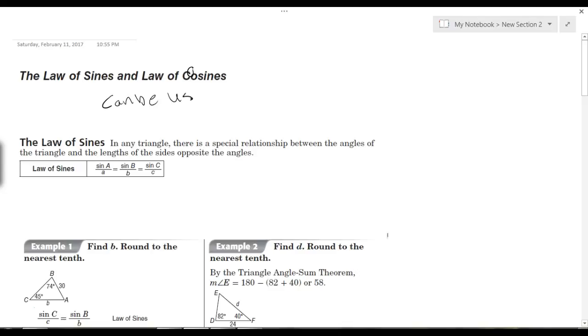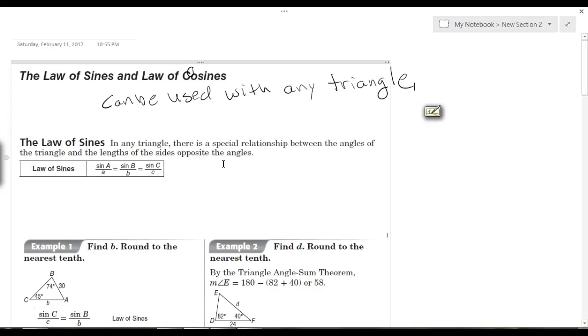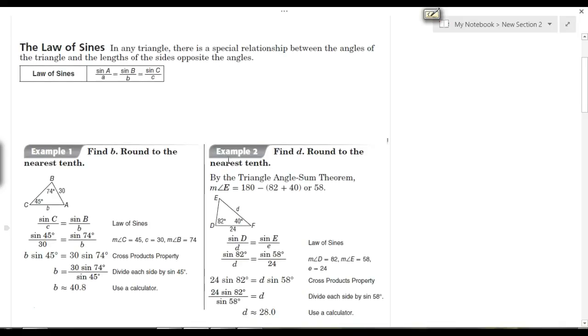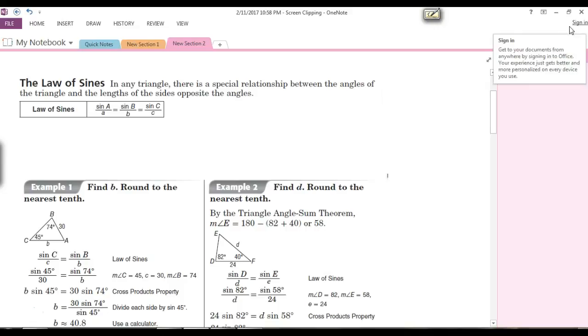can be used with any triangle. They don't just have to be a right triangle to use the law of sines or the law of cosines. So first let's look at the law of sines, which is a little bit easier and happier than the law of cosines. So the law of sines,